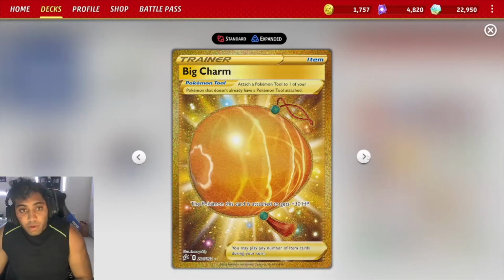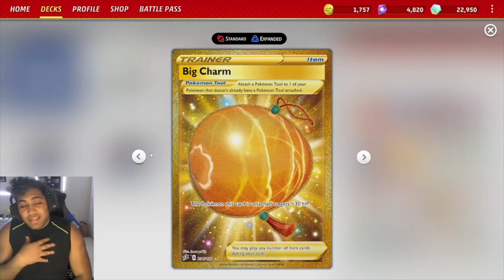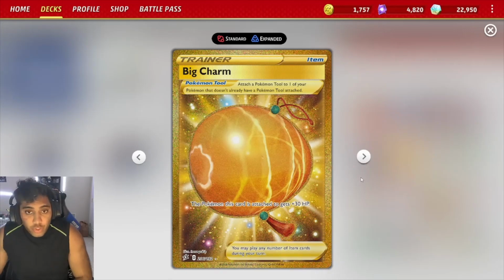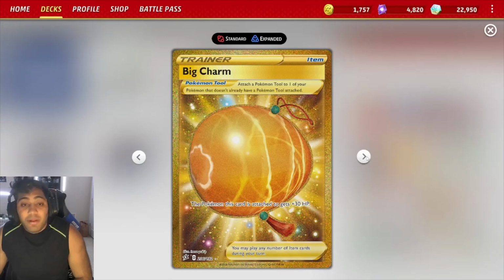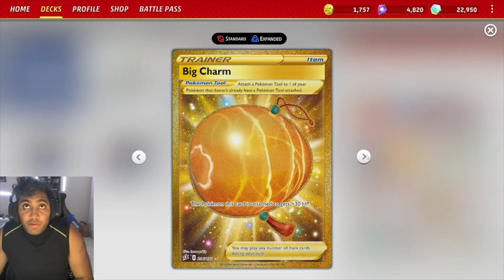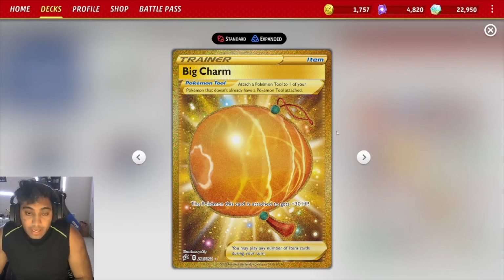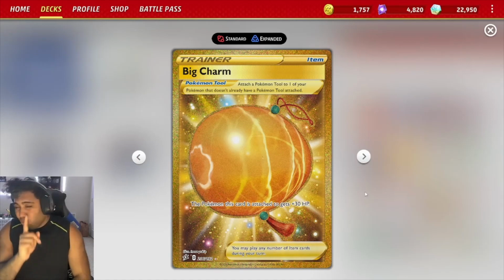With our tools, we have 1 Big Charm, 1 Choice Belt, and 1 Tool Jammer. Now, these are just tools I personally like. I think Big Charm is really strong against single prize decks, because if a single prize deck cannot one-shot you, they cannot win the game. So if you can keep using Big Charm, you can copy Mew. Mew VMAX can copy Mew's Psychic Leap, shuffle itself back into the deck, take a knockout, promote something else it gets attacked into,